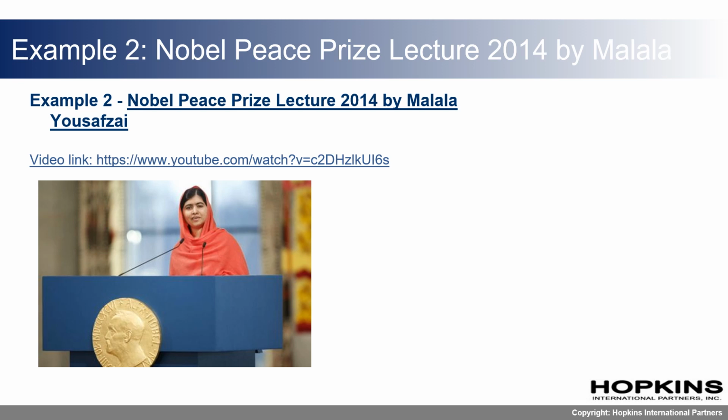During the Nobel Peace Prize lecture in 2014 of Malala Yousafzai, the following things were discussed. When Malala Yousafzai was 15 years old, the Taliban shot her when she was on her way to school. They shot her because they do not think that girls should have the right to go to school. After Malala recovered, she wanted to fight for girls' right to education. In 2014, she was given the Nobel Peace Prize for this work. This is a summary of the speech Malala gave when she came to Oslo to receive the prize.